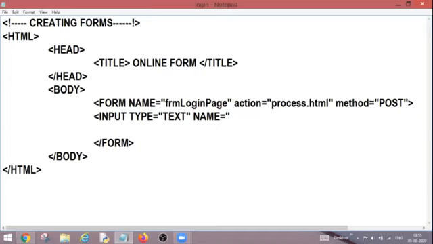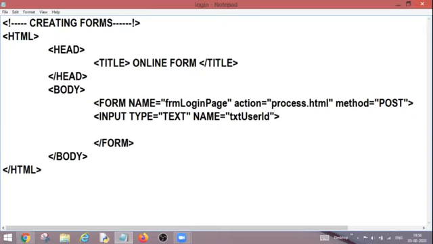For the text box, the prefix can be text, and the name, I'm going to create it for the user ID. So I'll be writing userID, which means the first letter of these two words will be capital and the rest will be small. So how will I read it? User ID text box.